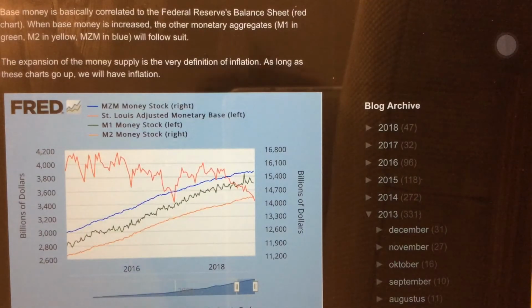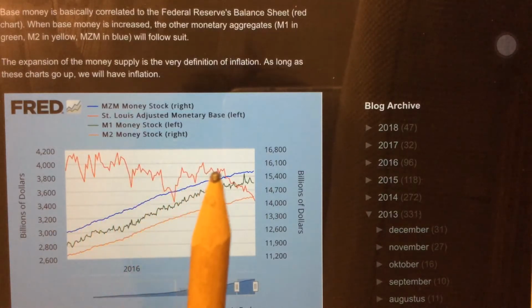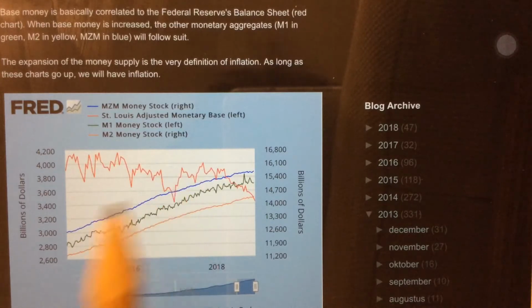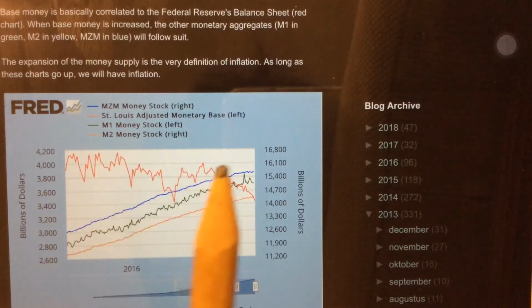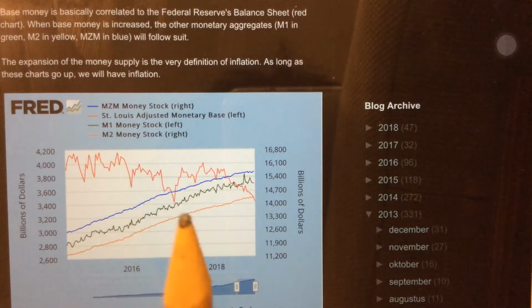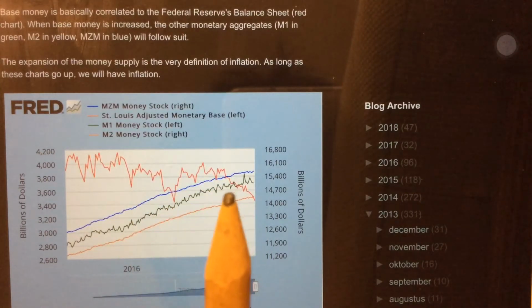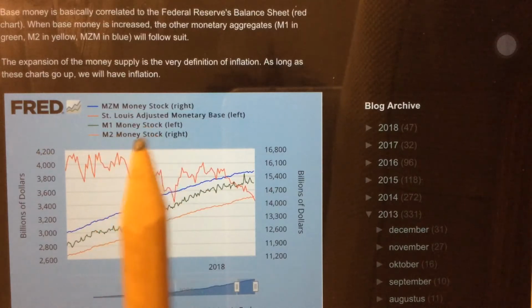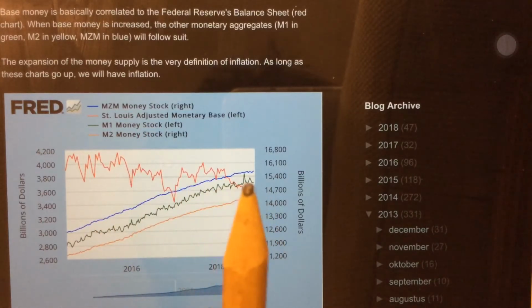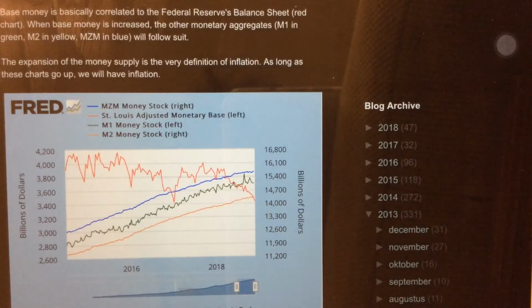So as you know, the Federal Reserve has been decreasing the money supply by selling bonds and mortgages. So you see the red line is going down, and in time it will also pull down the broader money supply indices. Like the green one is already flattening out. So this is not positive for the gold market.